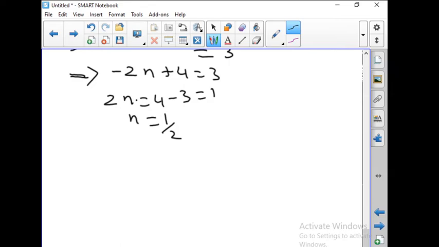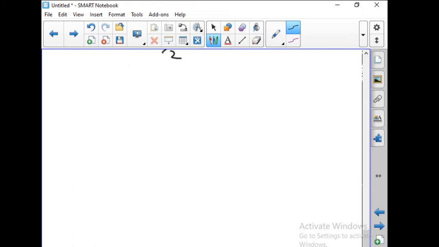So what is the volume of a sphere? You know that it is 4 by 3 pi r cube. So 4 by 3 pi r cube is equal to 32 pi by 3. So cancel the common terms. What all can you cancel? Cancel it and you find the value of r. Okay, so 5 can be done for homework. Then 6 also you can take for homework.